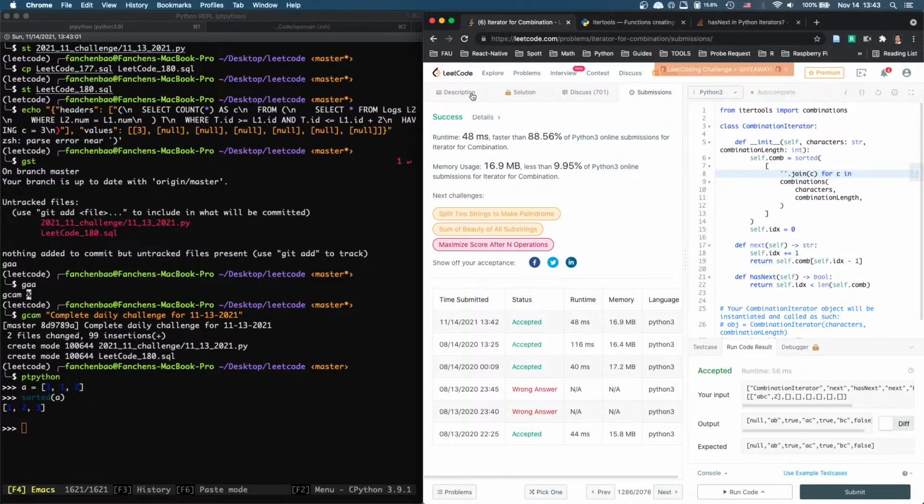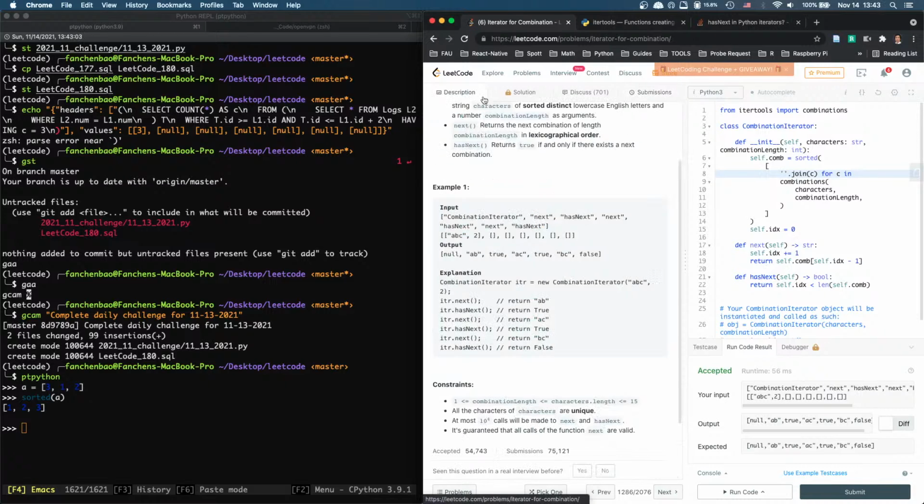We need to find a real solution, which means we will do the combination ourselves instead of relying on this. Well, the hint is when we're given the characters, they are already sorted, right? So we already have, say, ABC coming in, and let's say we want a combination length of 2. So usually when we do combination,